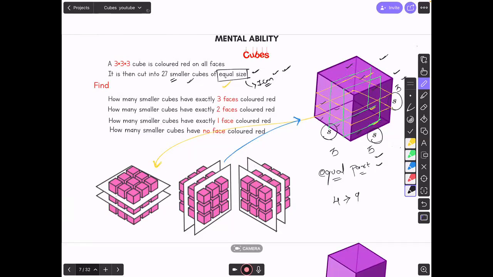Now what will you do? Mix this cut as well, which means I'm doing 2 cuts like this, one like this and one like this. Now tell me, with these 6 cuts the cube will be cut into how many equal parts?